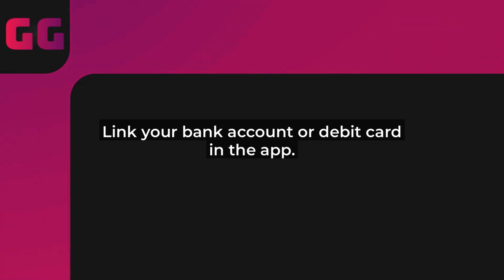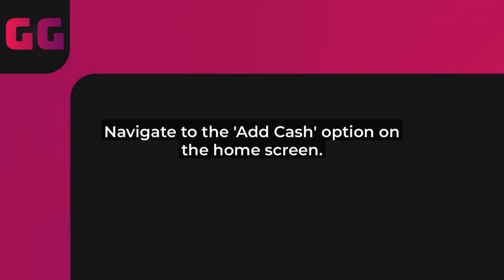Next, you'll want to link a bank account or debit card to your Cash App. Tap on the profile icon or the banking tab. It's usually in the bottom right corner. From there, select Linked Banks or Add Bank, and follow the prompts to connect your account. This step is crucial because it allows you to transfer money seamlessly. Cash App supports most major banks, so it should be a breeze.